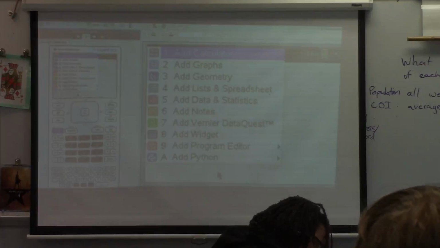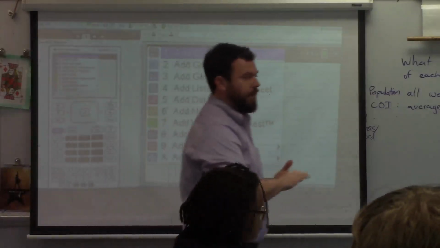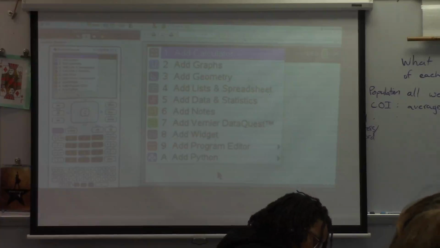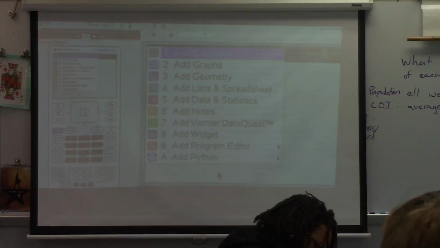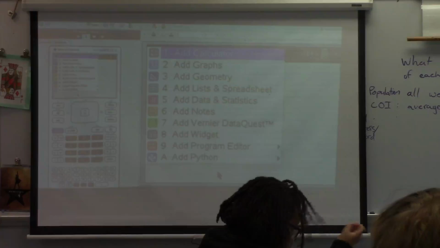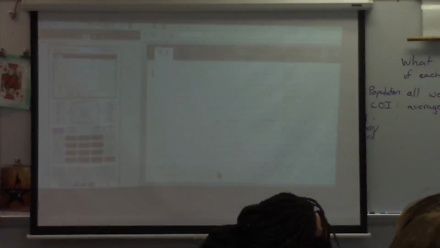Hit the home button, top right, under documents. New. Create a new document. And it's going to ask you what type of document you want. Press 1, right? It's literally loading. Okay. Alright, so when you create a calculator page here, okay,